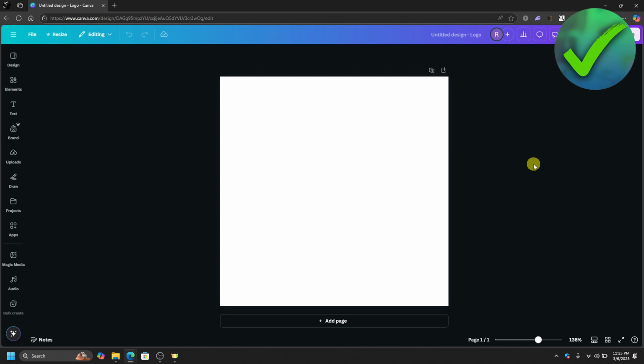How to create a QR code in Canva. That is what I'm going to show you guys in this super quick and easy tutorial. So let's get started. So the first thing that we need to do in this page is to go here